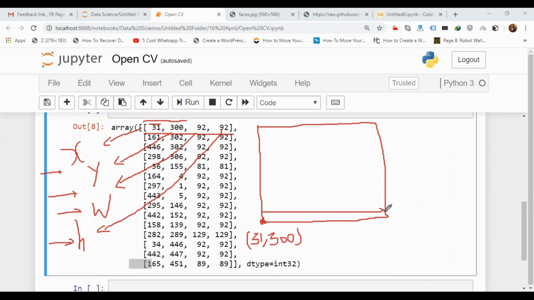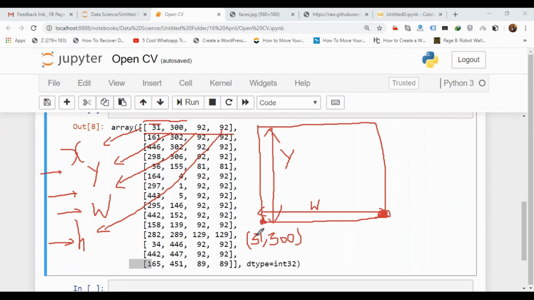Now this width is w, and this complete height is h. So what will be this other coordinate?